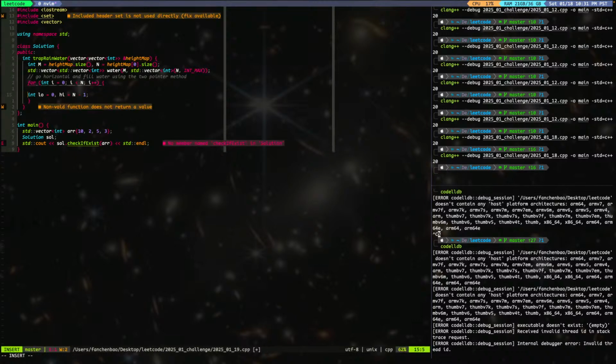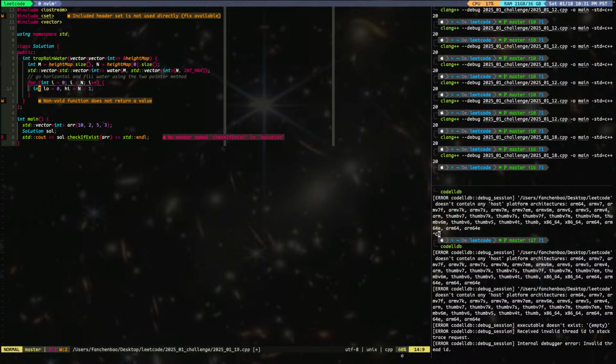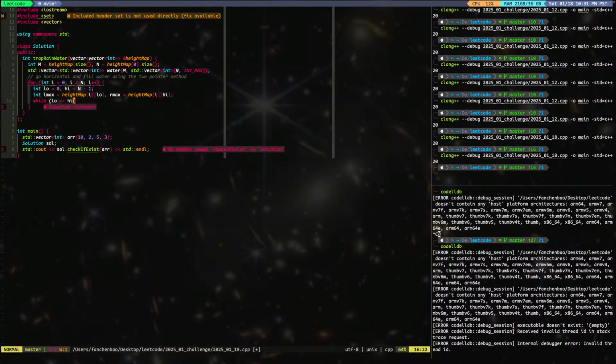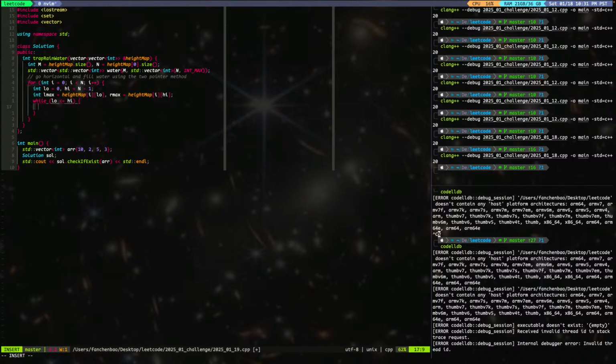You know what? I feel more comfortable doing this. Right, now we have the rows, and we also have left max, say height map i low, and right max, height map i high. Okay, so while low is smaller equal to high, if left max is smaller or equal to right max,